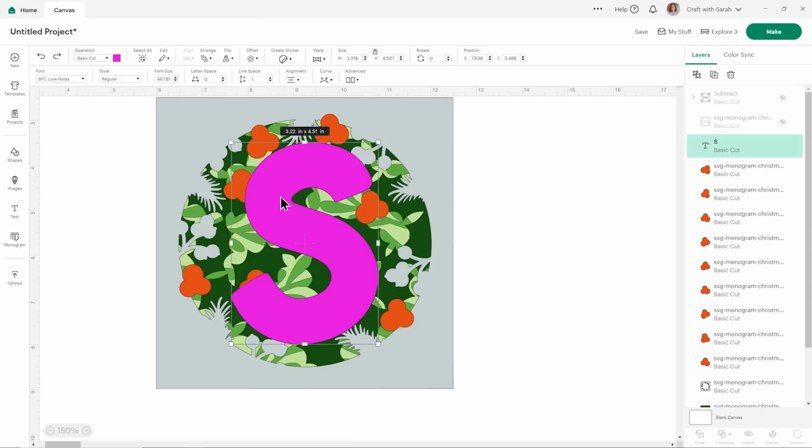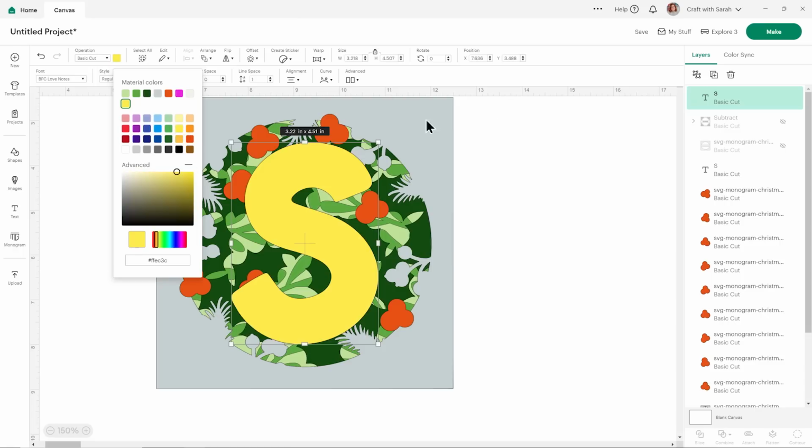So I'll click it and then press the Alt key on my keyboard and wiggle my mouse a little bit. And you'll see that the mouse changes to get a little plus icon. If you're on a Mac instead of a Windows computer, then it is Option instead of Alt on your keyboard. So with my Alt key pressed, wiggle my mouse to get that plus, and then I can click. And that creates a duplicate layer in exactly the same place.